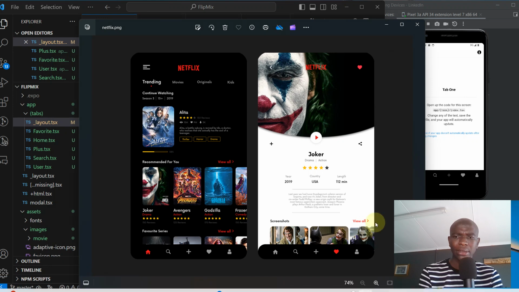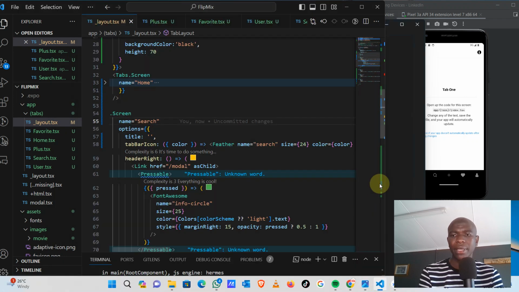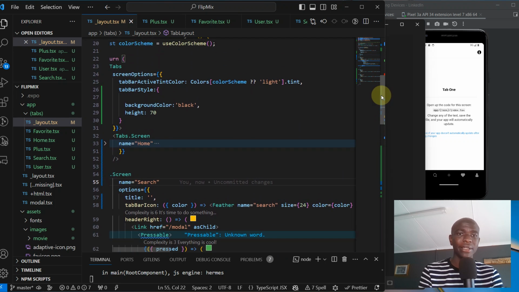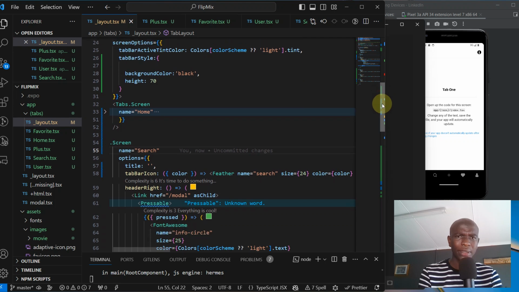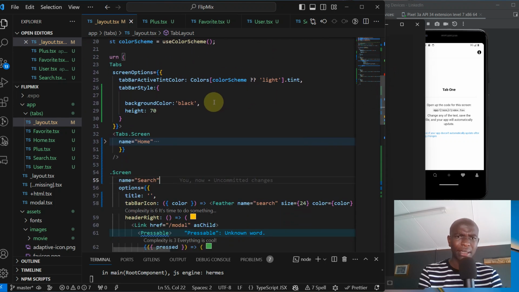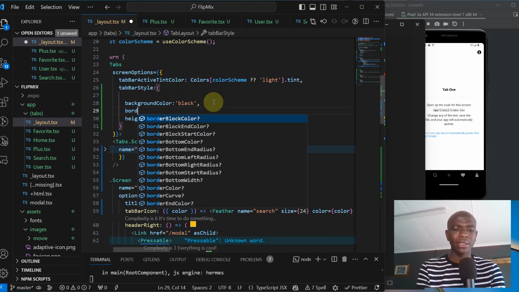My apologies about this. Okay, let's scroll up, guys. Let me just check the time. We are on 35 now, meaning that we are a bit behind, guys. Let's push. Okay, let's increase the pace. Okay, where we are, on tab, then it's black. Let's say border radius,